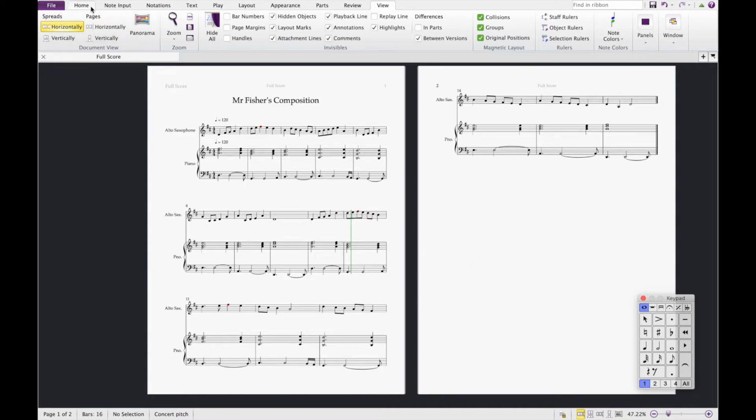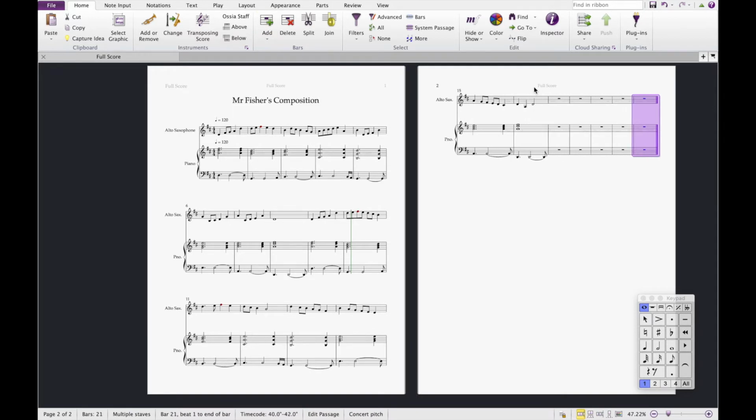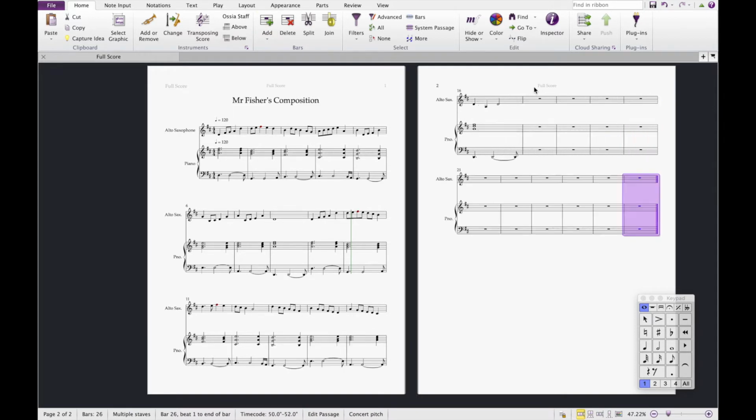The first thing I want to do is add some bars. Now I can do this either just by clicking on the add bar button at the top, or just using Command and B on the keyboard. That'll do for the time being. I'm also just going to add in